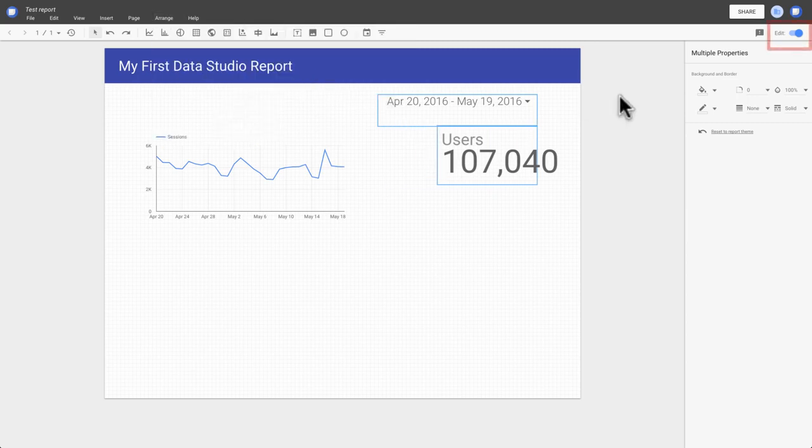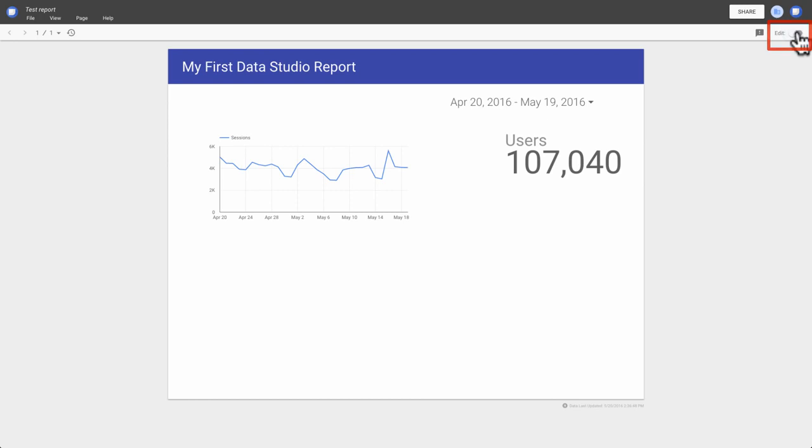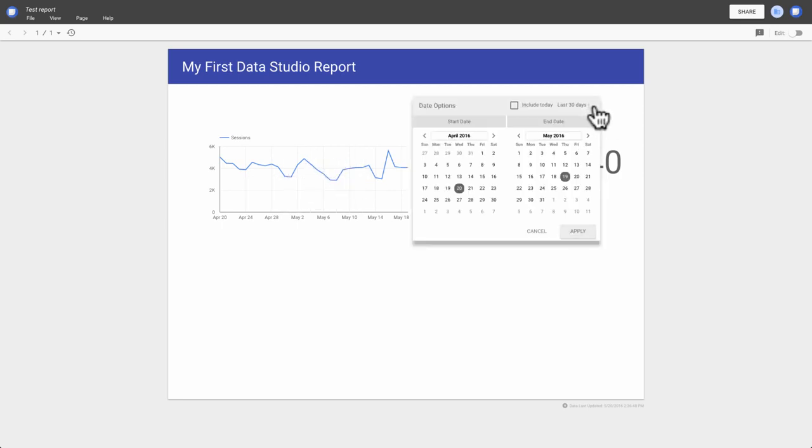To view this report as other people will see it, click the Edit toggle. This simple report may not be much to look at yet, but it is live data. You can interact with it by mousing over the data points, and you can also change the date range and